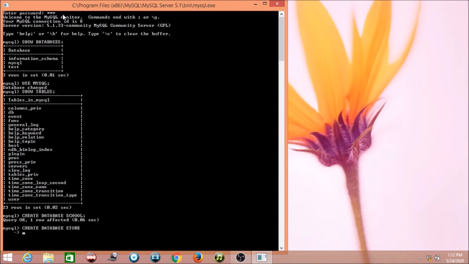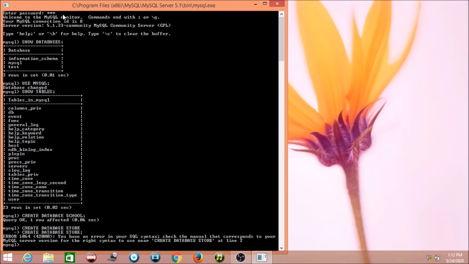I am not getting the query okay result, or sometimes you will get an error like semicolon is missing or check the user manual. So I write it with the semicolon and press enter. See here, an error is there. What is the error? You have an error in your SQL syntax, check the manual. This type of error you will get if your query is not correct.